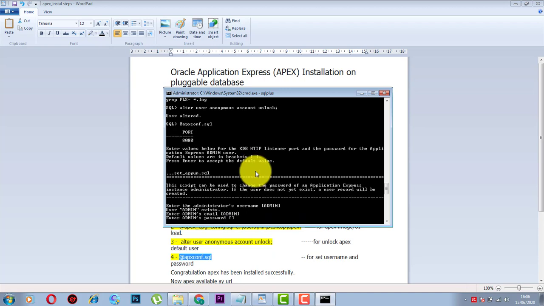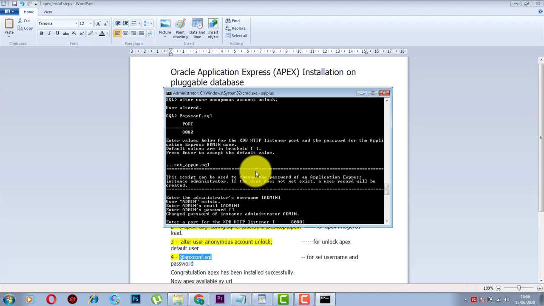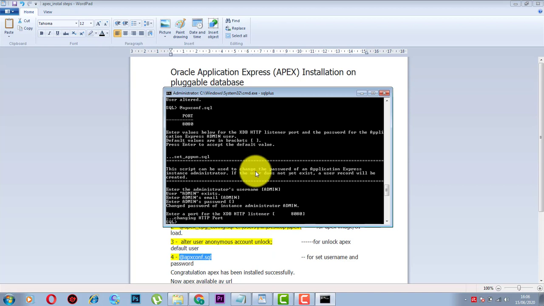Press enter. Enter port for XDB HTTP listener. By default, the Apex listener port is 8080. You can also change it. I'm just skipping and accepting port 8080. Press enter.